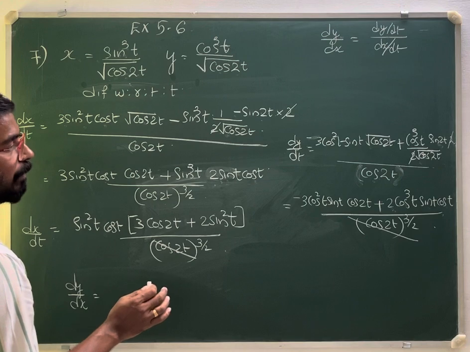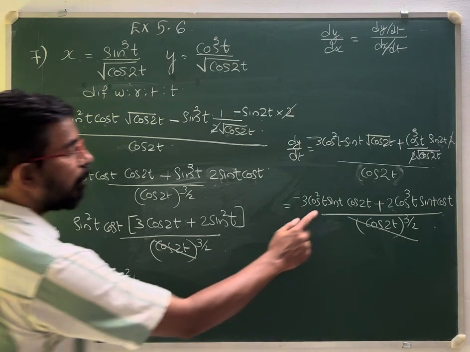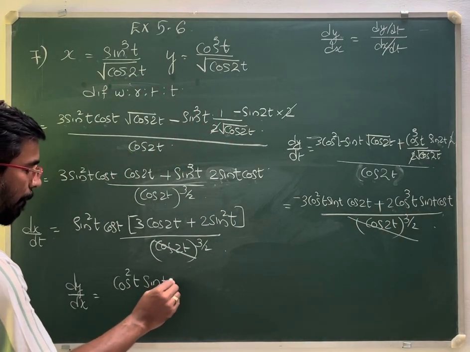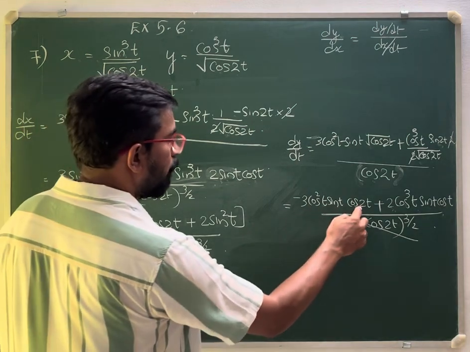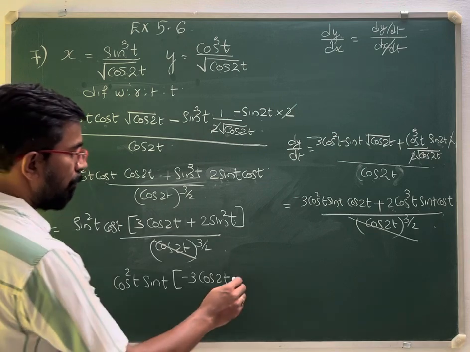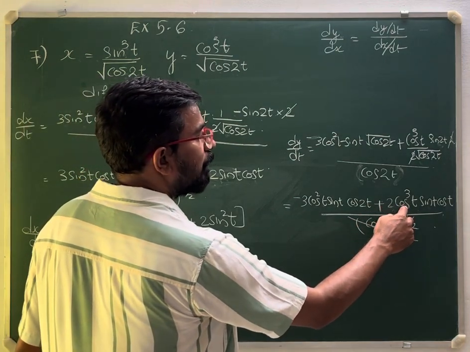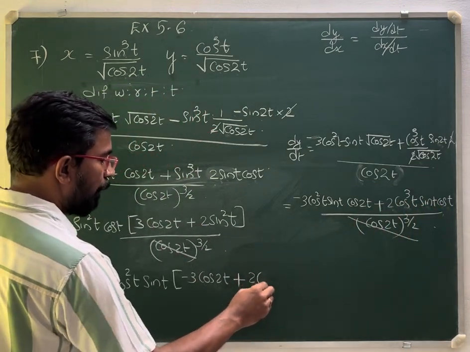What is a common factor? Common factor is you can take a cos square t, and one sin t also you can take. Sin t into minus 3 cos square sin cos 2t plus 2 cos square gone, 1 cos is there, sin t also gone, then that cos and this cos will be 2 cos square t